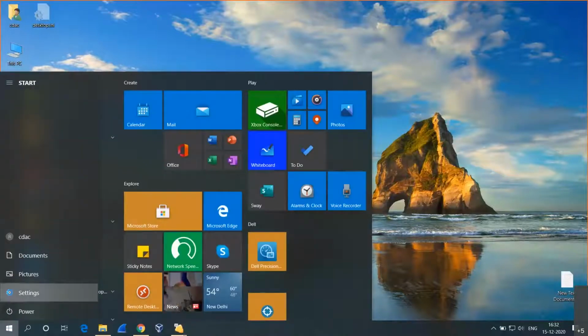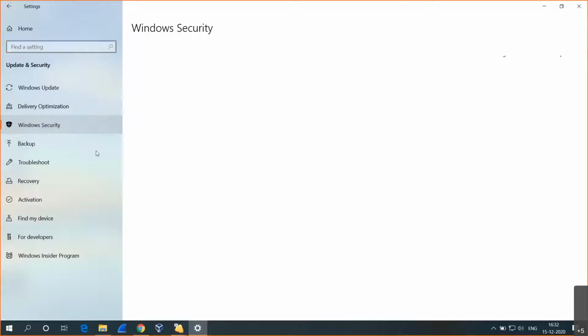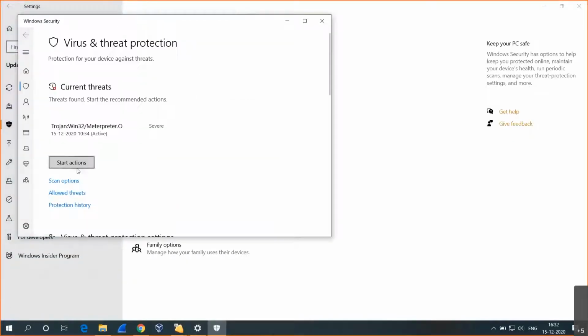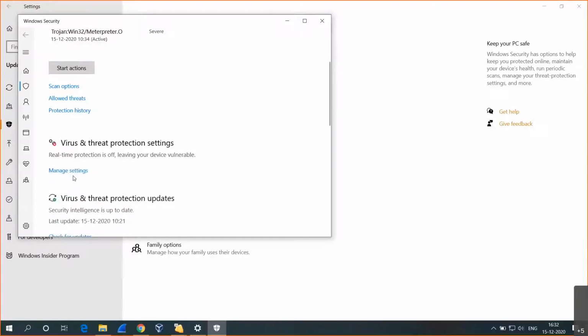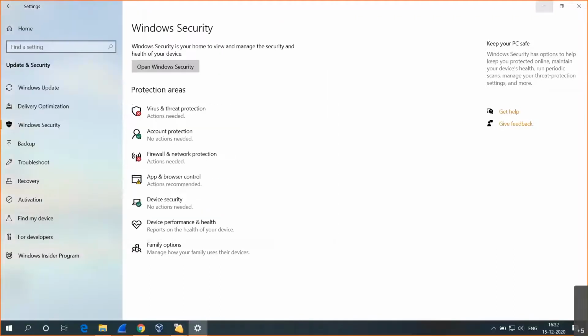In my machine, the default antivirus is Windows Defender. So we'll enable Windows Defender. I have enabled the real-time protection.